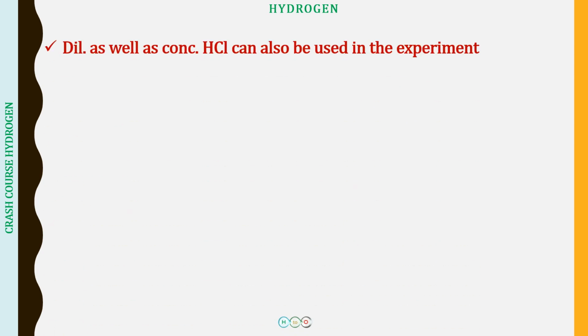So there are certain points now as far as the lab preparation is concerned, or you can say when we are talking about the reaction of dilute acids with the metals, you have to remember these points. We do use dilute H2SO4, or we can use concentrated HCl also in the experiment. So zinc plus HCl, I told you in the lab preparation we are doing zinc plus dilute H2SO4 to produce zinc sulfate and hydrogen. When there is a reaction with HCl, it produces zinc chloride and hydrogen.